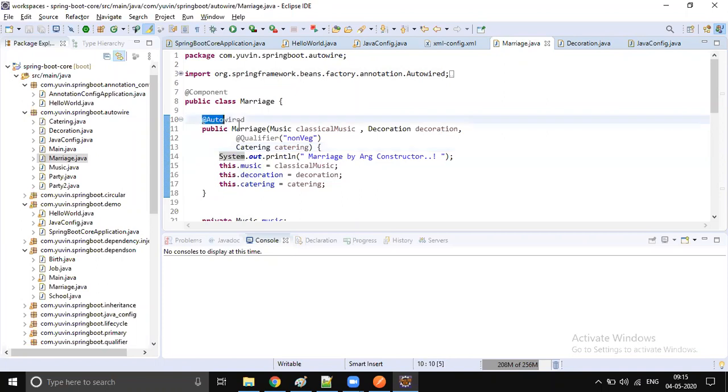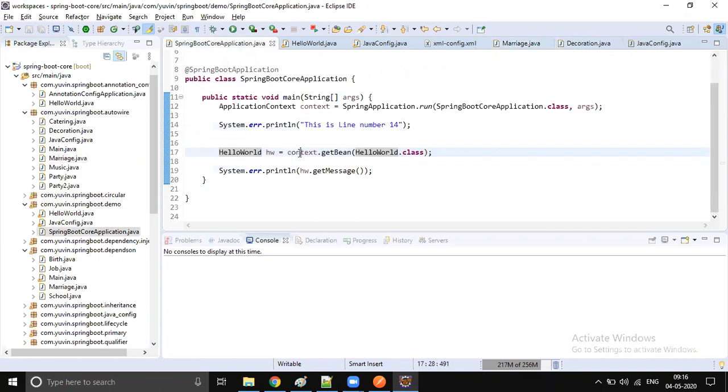The Spring container itself checks for the dependency and injects it into the dependent. Going forward, we have to avoid writing this context.getBean. I will let you know how to do that.